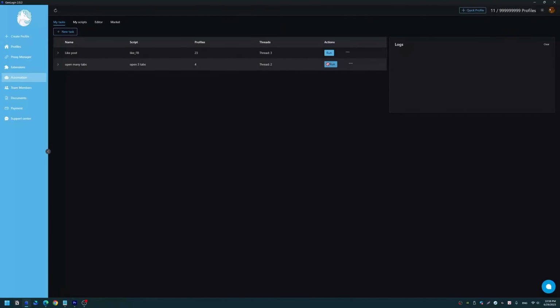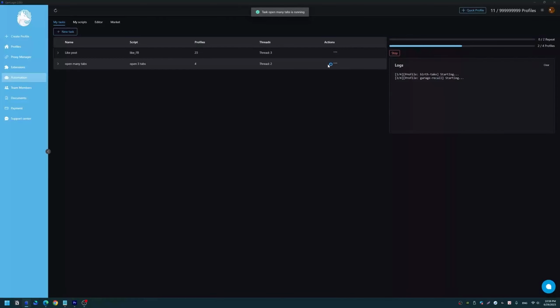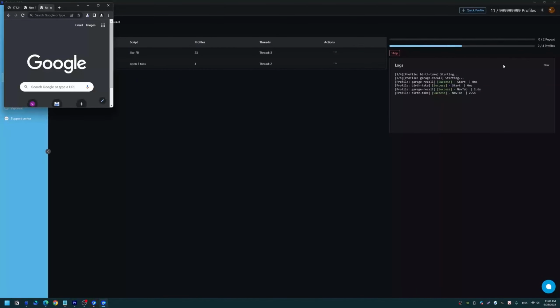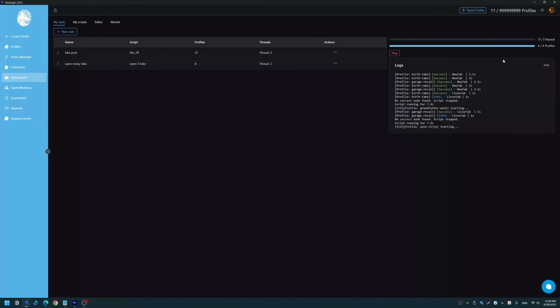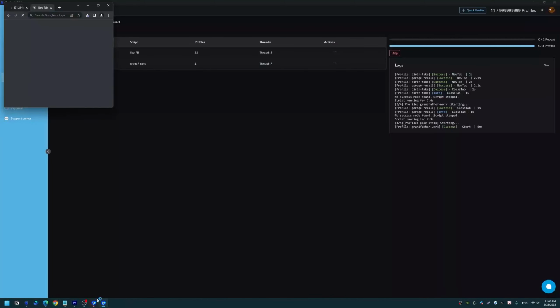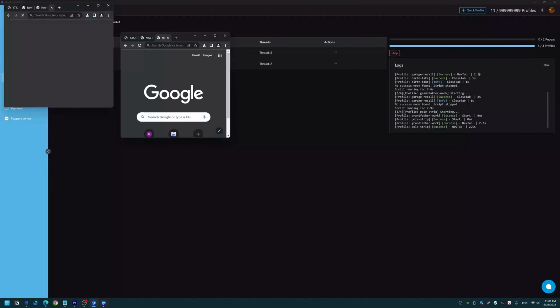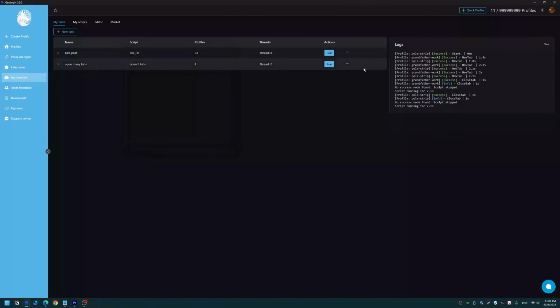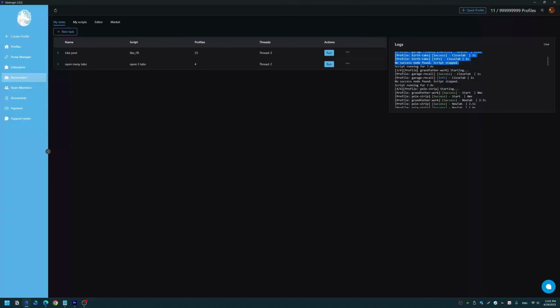The progress bar is shown in the top right corner of the screen. The log window below tells information about the task. You can see that two profiles are running at the same time, and that is the first cycle. Now, the automation will run the second cycle. Okay, now we just finished the task, and this is a log window of the whole task we just run.